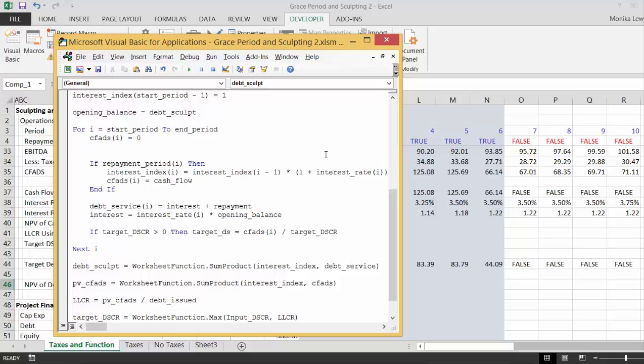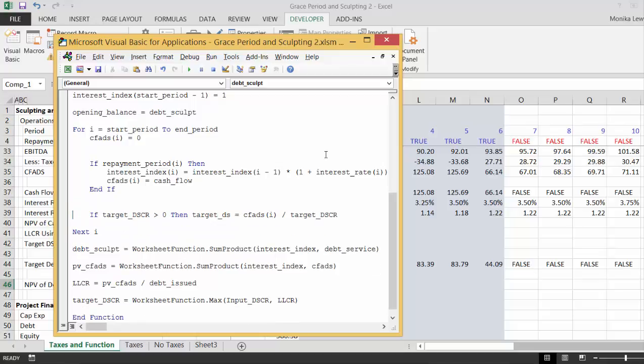Okay, and I'm just trying to think. We should be able to do this without, why didn't I, I'm trying to think why we didn't have a circular reference. This is really bad. Okay, but then the opening balance is the debt sculpt, and then after we compute the target debt service,